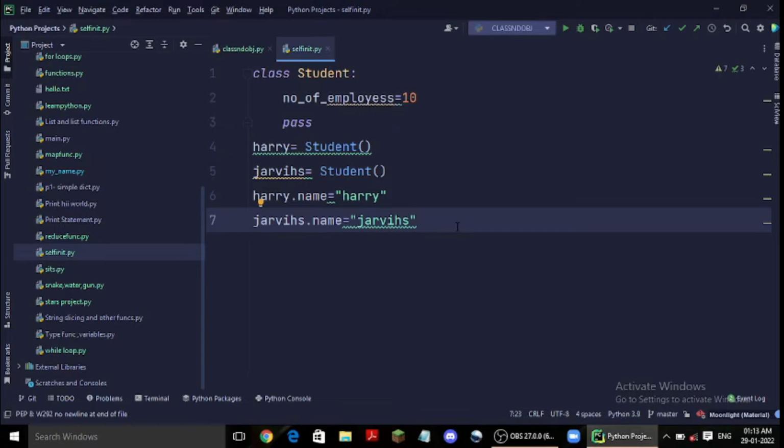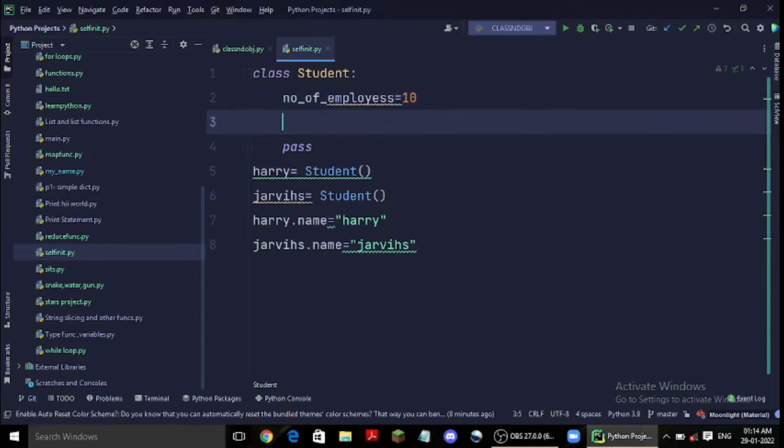So yesterday I learned how to create a class and how to create an object, but today I learned that we can also put functions inside the class. Okay, so let us start by making a function. So if I make a function, define print details,